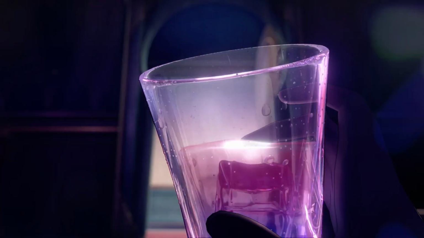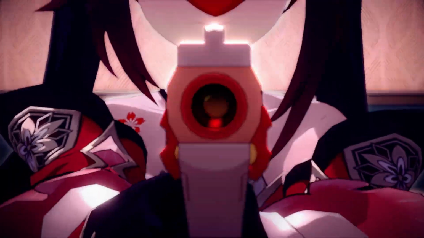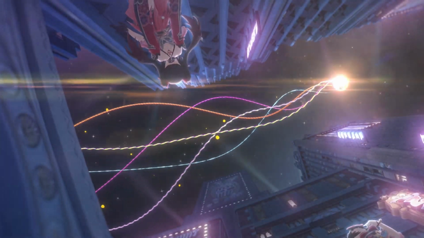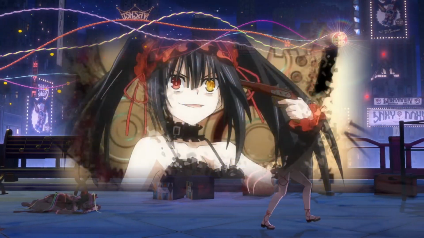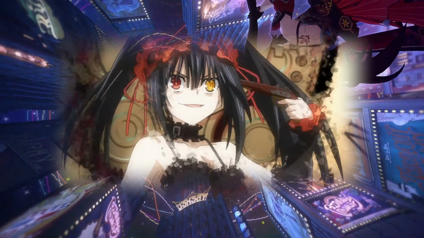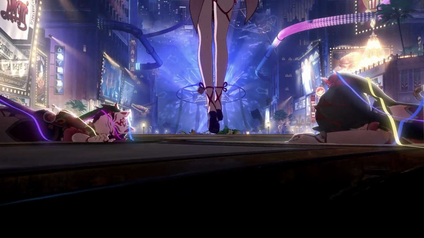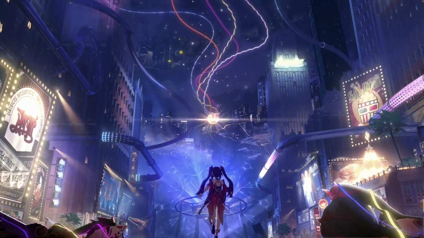Sparkle has already come out, the Quantum Harmony character with a kawaii appearance. Honestly though, her appearance and personality remind me of Kurumi from the Date A Live anime. But don't fall for her cuteness or her crazy personality, because she also has a crazy kit to